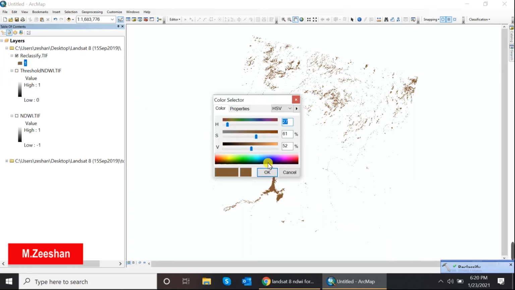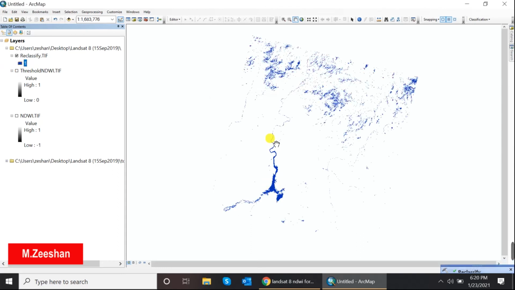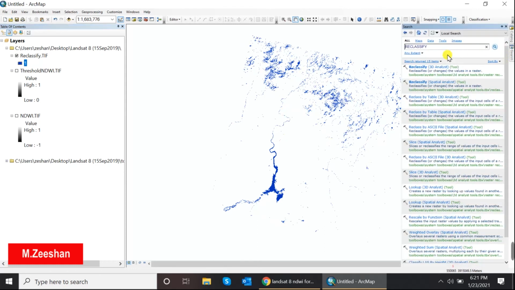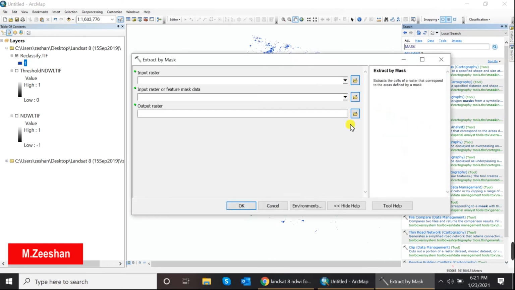We will give it blue color for better identification of water pixels. Now we will mask only this area and we will exclude all the other pixels from the raster image. For that we will mask it. Masking, just write mask, click extract by mask.